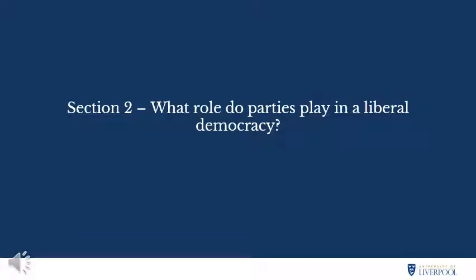All right, in this section, we'll look at the roles parties play in a liberal democracy. So we've covered what parties want and how they might achieve these goals. But political parties also contribute to the success or not of democratic regimes. As Katz notes, parties failing to perform these functions effectively may be the reason for regime collapse, which sounds quite extreme. It's hard to think, because the Conservatives have messed up, the British state's going to collapse.